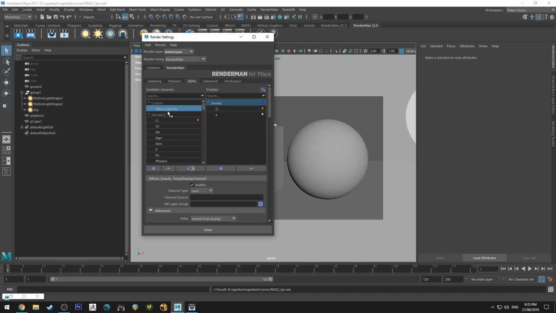So to do the beauty, basically we've got the channel source here, and this is where we type out our expression. So always your expression is going to start with LPE. Also, a weird bug is sometimes if you hit shift when you're in this field, it tabs out. I have no idea. It could be just my Maya, but it does that. So LPE colon and then C.